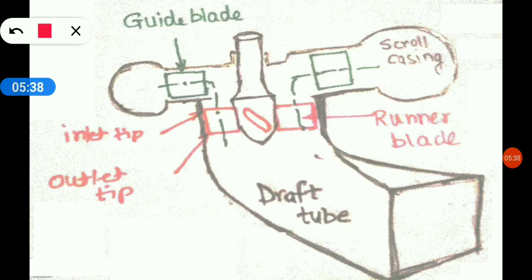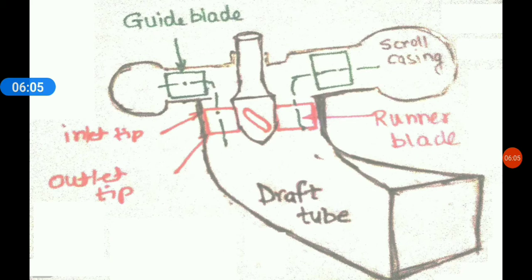The passage between these two blades, this is one blade, as you can see, this is another blade. So the passage between these two blades, the flow area here is decreasing. So due to that decrease in flow area, the relative velocity will increase, and due to rise in relative velocity, there will be a reaction force. Now as far as the impulse force is concerned, that would be by default present, because there will be a change in the momentum.